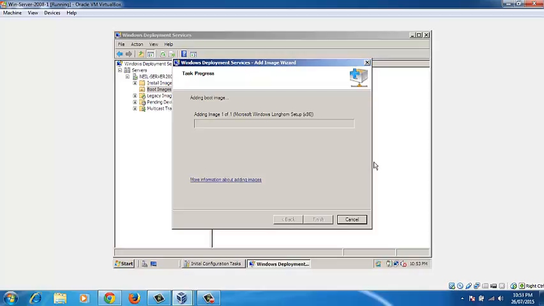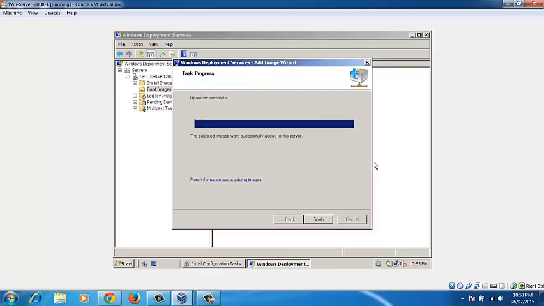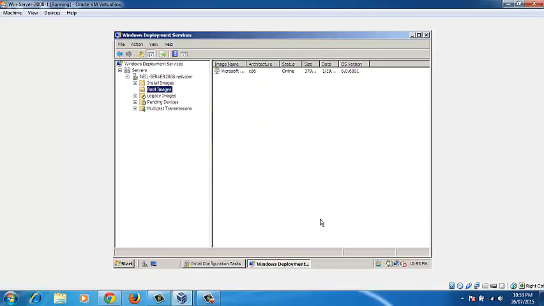So the boot image is being installed into the server's partition drive. Okay, operation completed. Click finish. As you can see, the boot image is installed in the boot image drive. Next we got to install